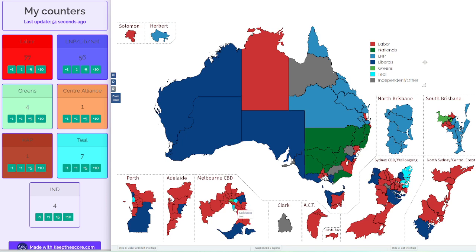As for the Teals in Victoria, the MRP poll had Kooyong returning to the Liberal Party, but Goldstein remaining with the Teals. That'll be interesting. Curtin is the Teals' most marginal seat in Perth there, so that'll be a very interesting contest to see how they are able to maintain that seat. Maybe if the grassroots potential member, if she's been really grassroots, she'll be able to retain that seat. If not, she'll likely lose it.